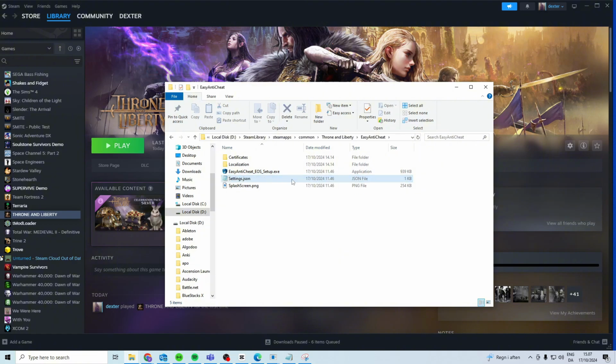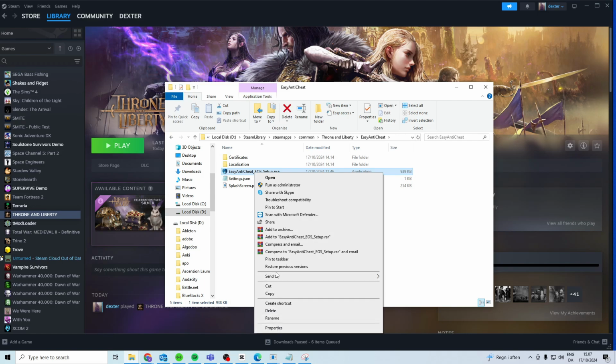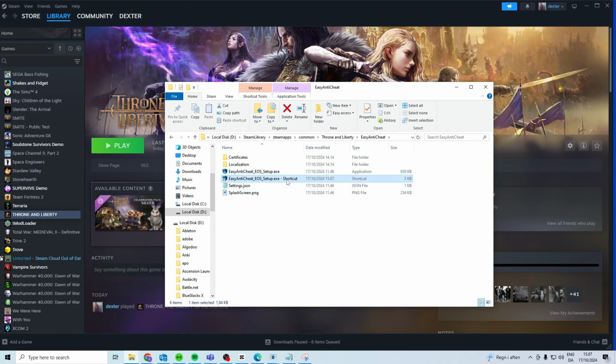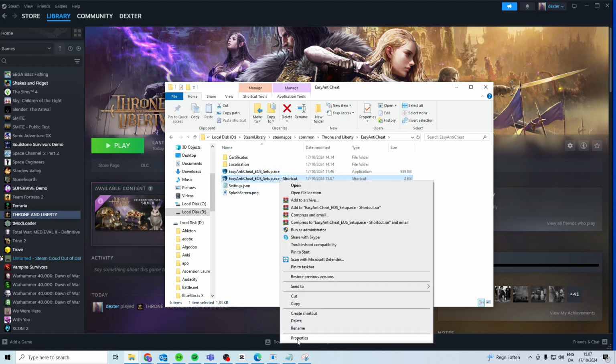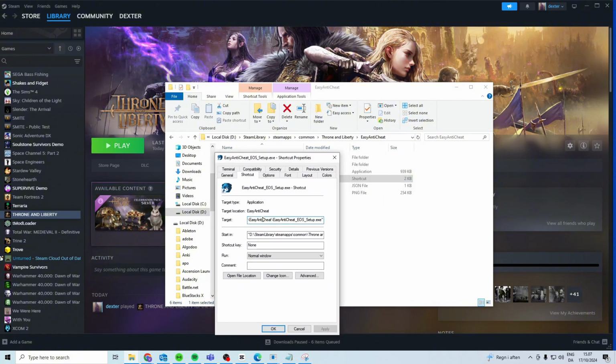Now I already created a shortcut, so I'm just going to delete it, but what you want to do is select this one, create a shortcut. Once you have the shortcut, right click on it, Properties, and on the target you want to go all the way to the right side, so use your keys for this, all the way to the right side, make a space after the two stripes and type install space